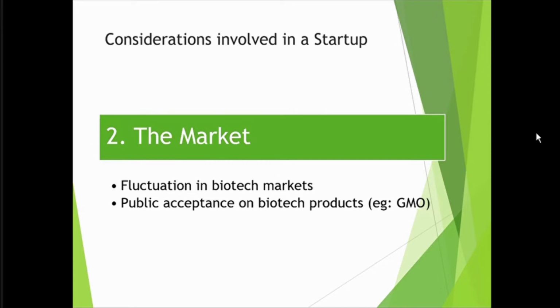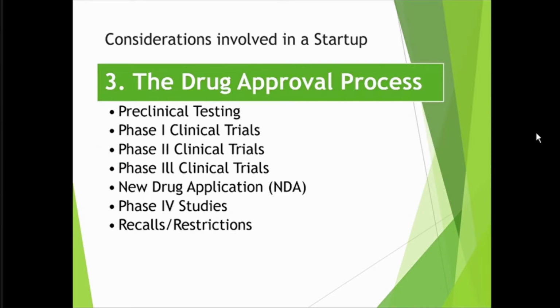Now the drug approval process. This is when you are starting a startup. You can see at which stage the business or the patent that you acquire is. For example, if you acquire a patent after they finish the preclinical testing, which is in vivo and in vitro, maybe you can acquire the patent at a lower price. But then you have to do all of these trials after that: phase 1, phase 2, phase 3, NDA, FDA,